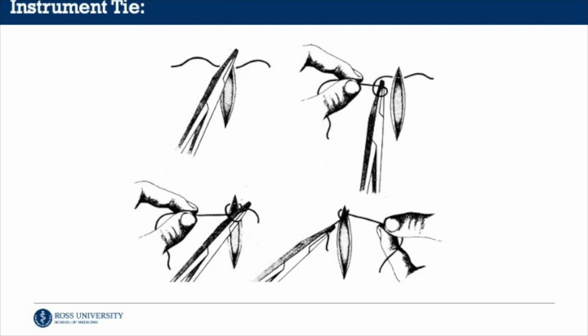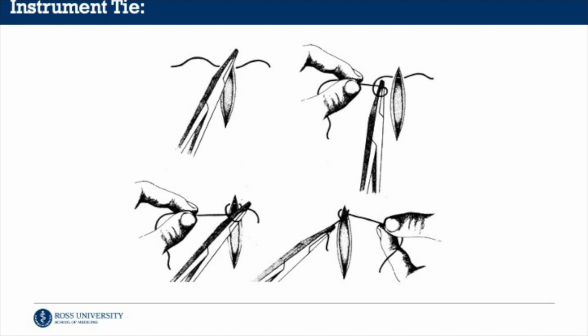Next we have instrument tying, and you're definitely going to need to get out your tools and practice this one a couple times before you get it down. To tie your simple interrupted suture, it is easiest to perform an instrument tie as it is quick, easy, and saves the suture material for your next sutures. You're going to start by pulling the needle end of the suture through after you have taken both bites. Pull until the other end of the suture without the needle has a small tail approximately 1 inch long or so. Then, place the needle driver parallel to the wound between the two ends of the suture, the needle end